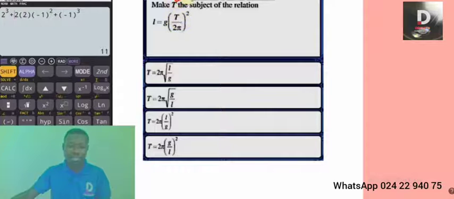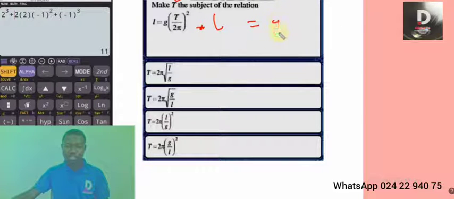Good. Make T the subject of the relation. Is there any power or root covering one side of the equation? Sure. Perfect. You can see it here. There's power 2. So we get what? This means L equals